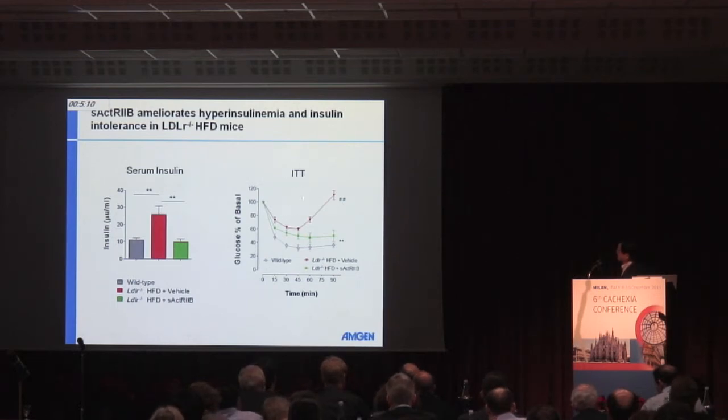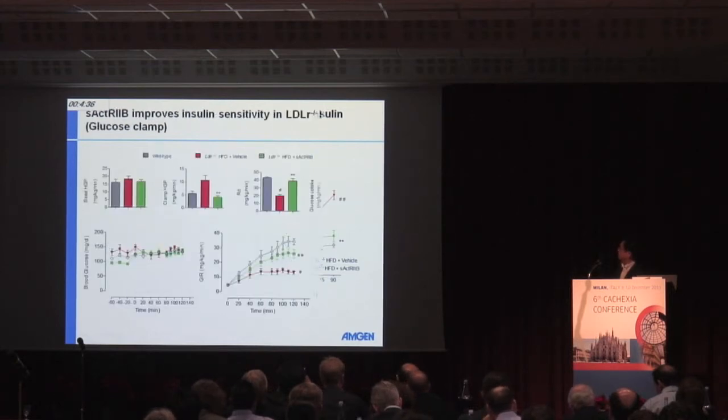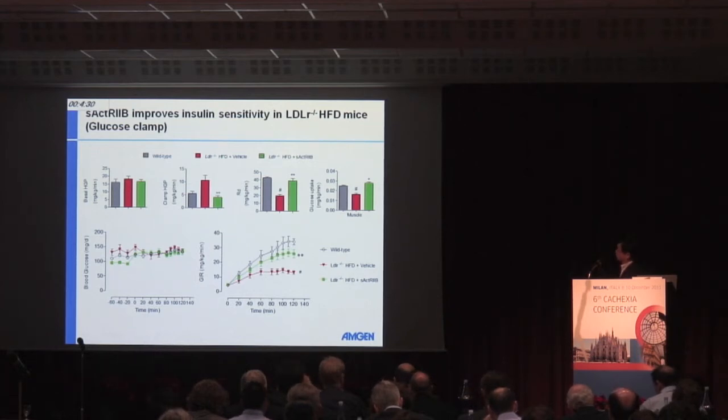And here is the ITT test. You can see there is an insulin intolerance in this diseased animal. If you think this is some kind of a metabolic syndrome mimetic model, you can see that insulin didn't do well. But with the treatment with the soluble receptor, you can see that the animal did much better. So that's a suggestion at one level that the animal, by growing more muscle and whatever other changes, which is not shown here, did better in response to the insulin, suggesting an improvement in insulin sensitivity.